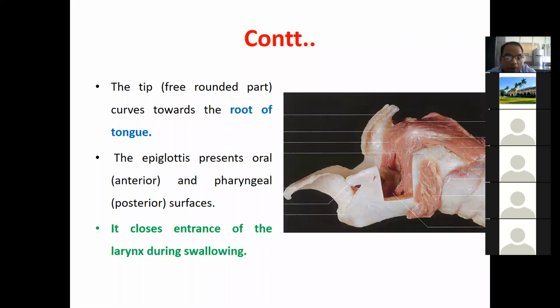So its major function is that it closes the entrance of the larynx during swallowing. So if food is coming through the oral cavity, with the help of this epiglottis it closes the opening of the larynx. We will discuss later, this opening of the larynx is called the aditus laryngis. So during swallowing, this epiglottis closes the entrance of the aditus laryngis, or you can say the opening of the larynx, so that food is easily passed into the